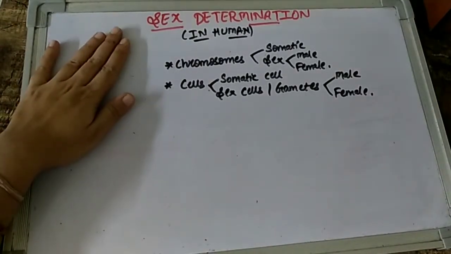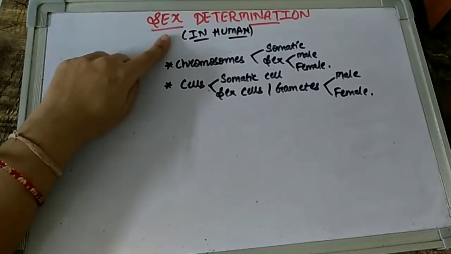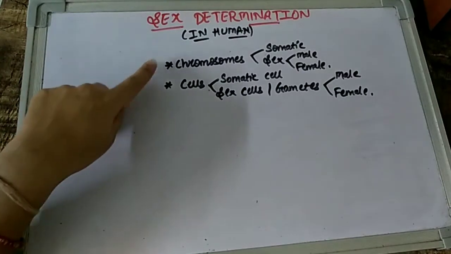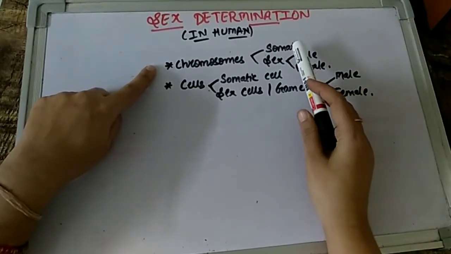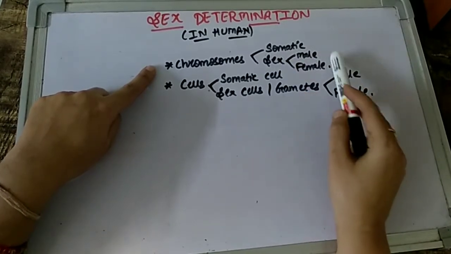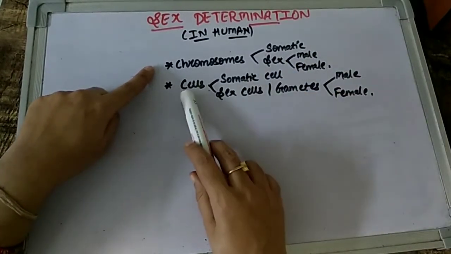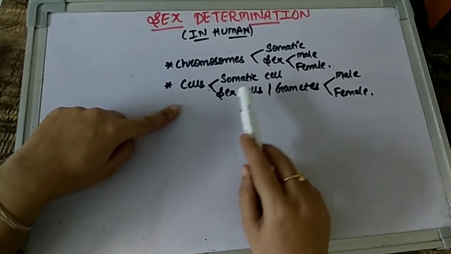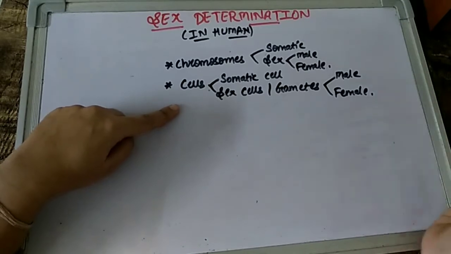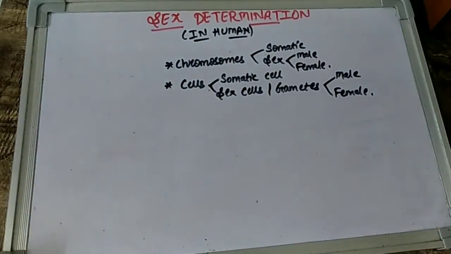So in today's video children, we are going to talk in detail about the process of sex determination that happens in humans. And since we are talking about humans, we will definitely talk about the chromosomes found in humans and also the two different types, somatic and sex chromosomes. What is their condition in male and female, and also we are going to talk about the cells in our body, the somatic and the sex cells, and again the condition in the case of male and female. So if you want to know all this in detail, do watch my video completely. And for now, let us start with the video.